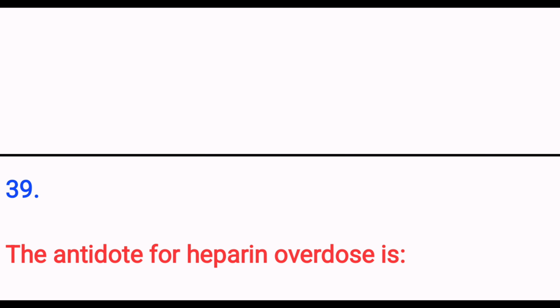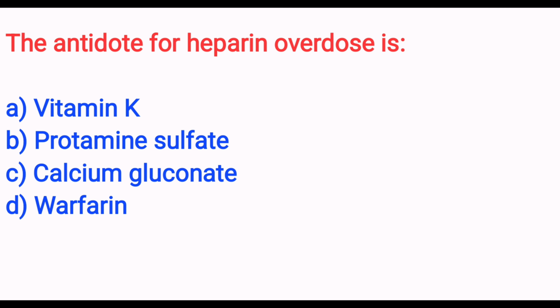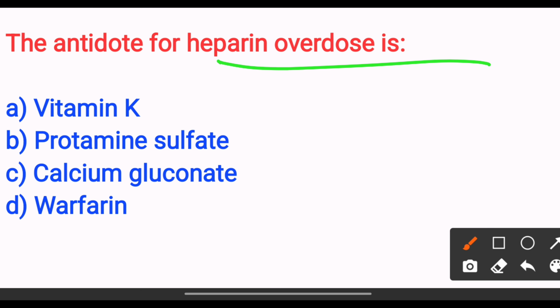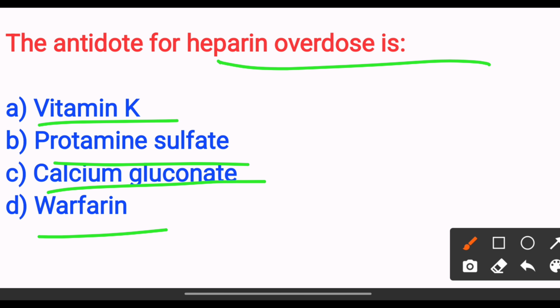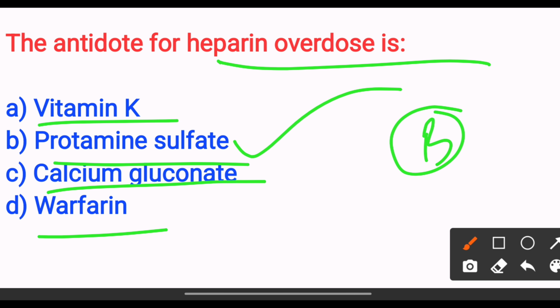Next, the antidote for heparin overdose is option A vitamin K. Option B protamine sulfate. Option C calcium gluconate. Option D warfarin. The answer is option B protamine sulfate. Next,